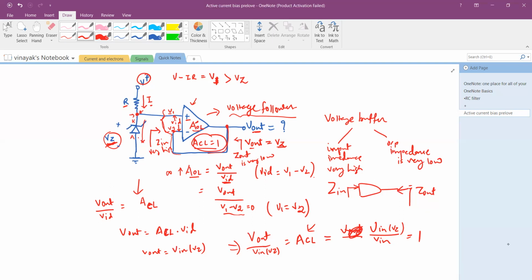So I hope you understood this video about generating the reference with the help of a Zener diode, resistor, and one amplifier. However, there are some other factors, such as you want your reference to be stable against variation in the supply, against variations in the temperature, against variation in the load. Those are three other aspects that one needs to explore and find a solution for. So stay tuned for information about